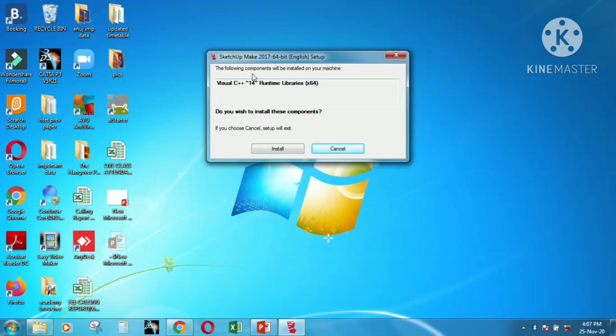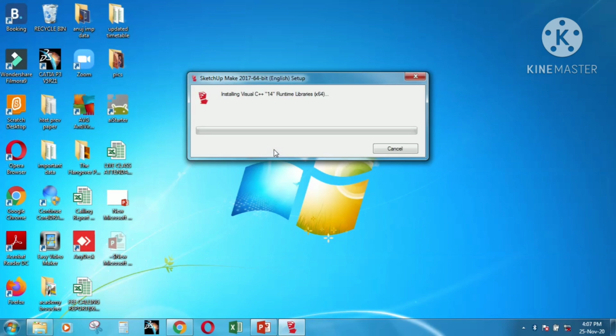So it will ask for the Visual C++ runtime libraries. Click on install. It is the SketchUp Make 2017 64-bit setup and it is installing the Visual C++ runtime libraries.